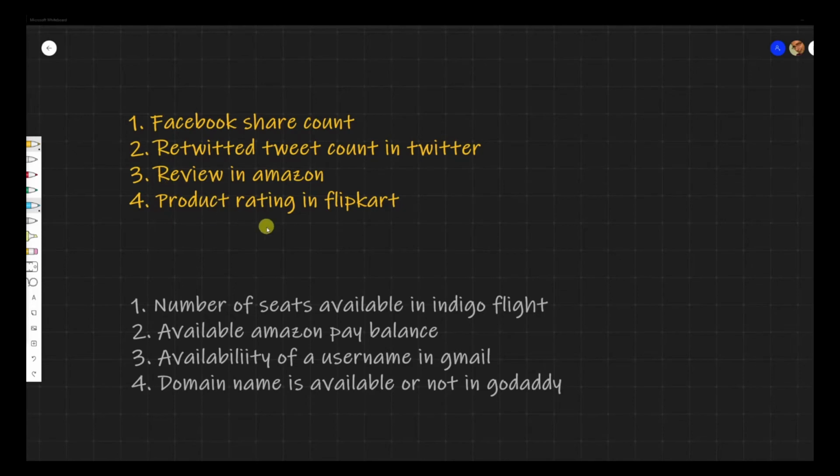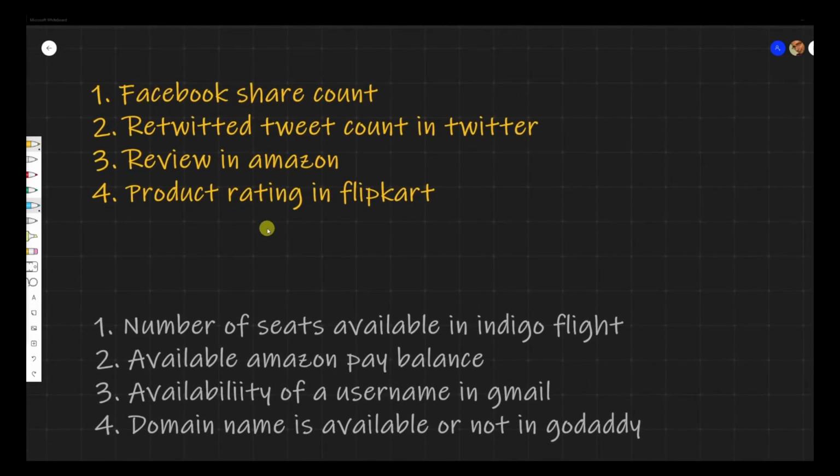So here are a few scenarios that I want you to think about. Let's say I have shared a post on Facebook and many people are resharing that post. Or the second scenario, I have made a tweet and it is retweeted again and again, and maybe it is done 1,000 times and it is showing 998 to me. It's fine actually. After a few seconds, it's going to eventually get consistent. It doesn't matter to me if it is not showing in real time, right? Even a review on Amazon. Somebody wrote a review and I am seeing the review a minute late or a couple of minutes late. I am fine with that. Product rating, similar thing again. Somebody has rated a product and I saw it a couple of minutes late. It's going to be fine.